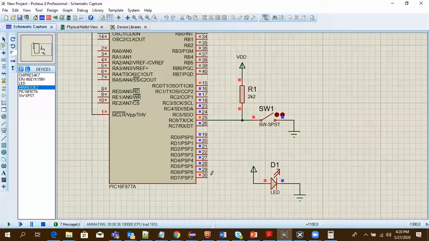You see RD7, then it stops. Again, after 5 seconds, RD0 is turned on. It happens in a sequential manner.